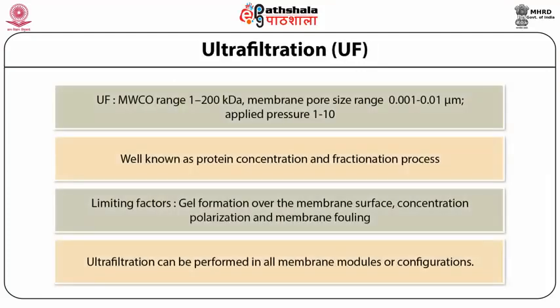Ultrafiltration. The term ultrafiltration was initially coined by Bechhold. It is a widely used membrane process in dairy and food industries. The pore size of UF membranes is in the range of 0.001 to 0.01 micron, which is smaller than MF but greater than NF and RO. The applied pressure during ultrafiltration is between 1 to 10 bar, as shown in the table and figure 3. UF membranes are characterized on the basis of molecular weight cutoff rather than pore size. Several membrane manufacturers use molecular weight cutoff as a criterion to assess the membrane separation efficiency.